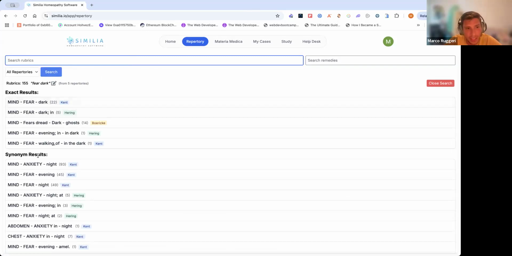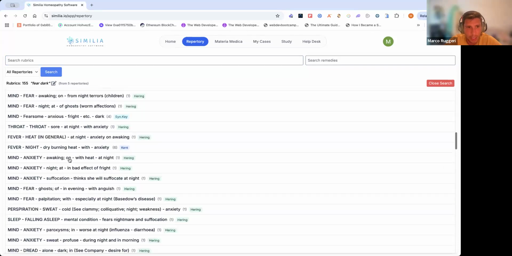Also, we have the synonyms. So in this case, we get, for example, also mind, anxiety, night. And in this case, the word fear is called a synonym for anxiety, and that's why we get it, or the word dark as the synonym for night, and that's why we get those, which in some situation it can be